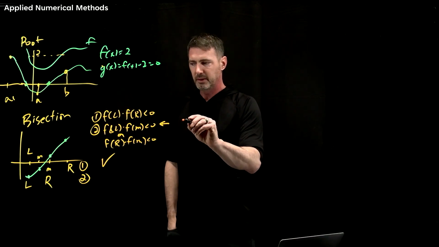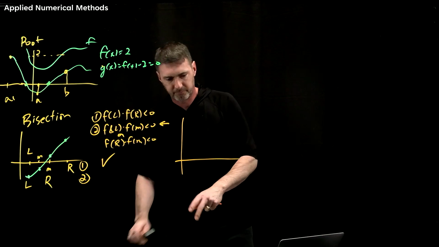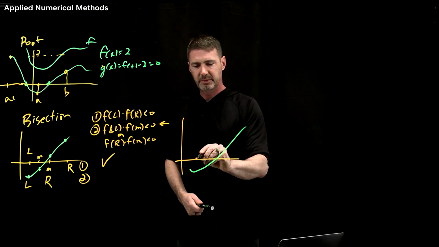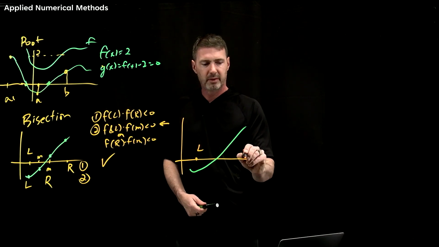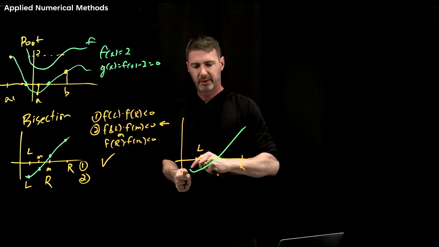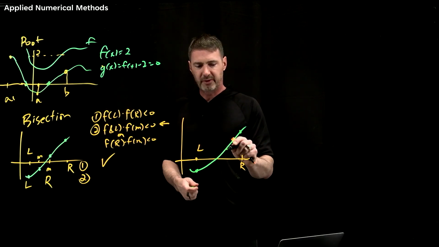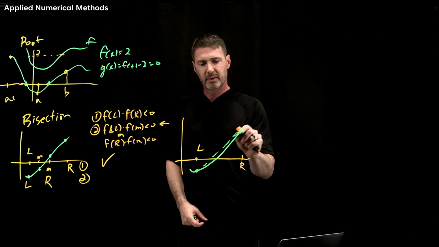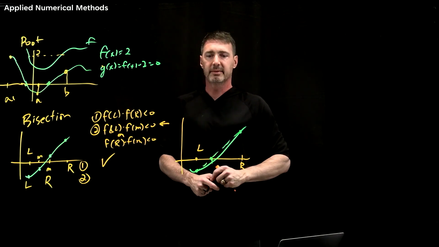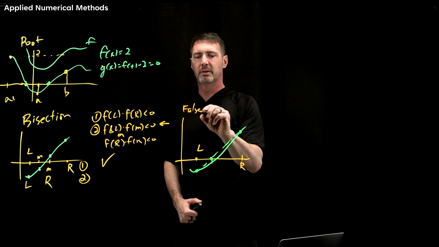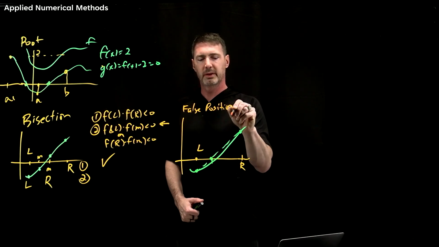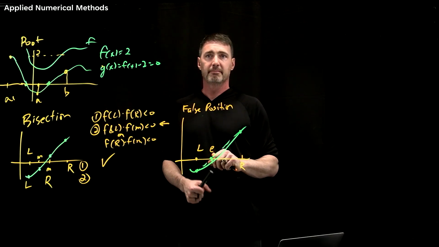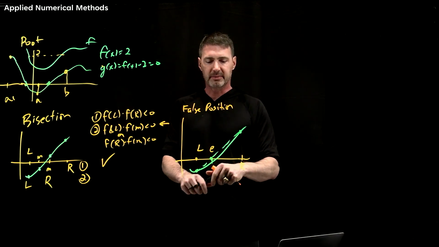False position I'll do right here. It's the same sort of thing. Got this curve. All right. And false position, so here's left, here's right. And false position is just a fancy way of saying, well, don't split it in two. Actually draw a line between the two and use that to estimate it. So this is false position. Okay. And this is now not middle, but estimate. So you're going to draw a straight line, you're going to get an estimate,